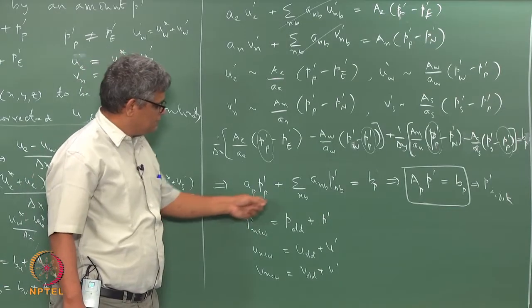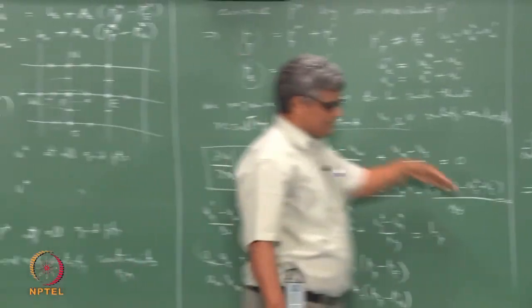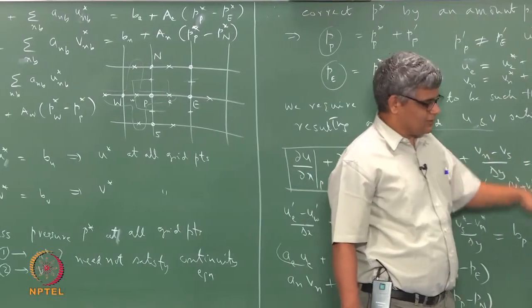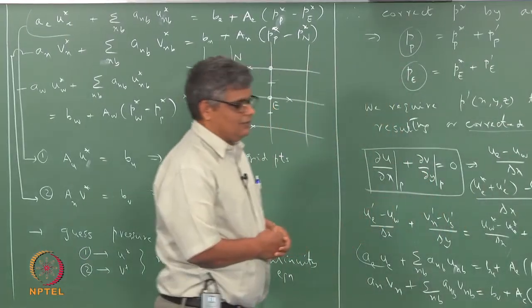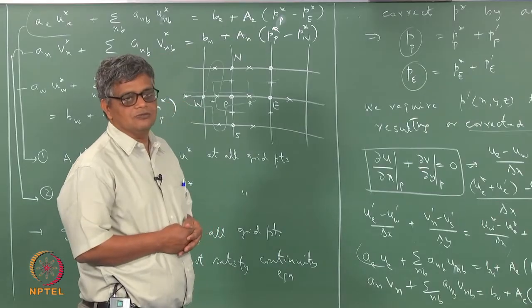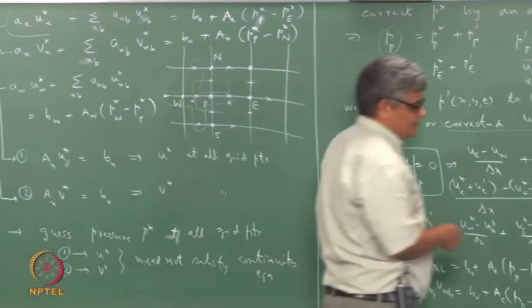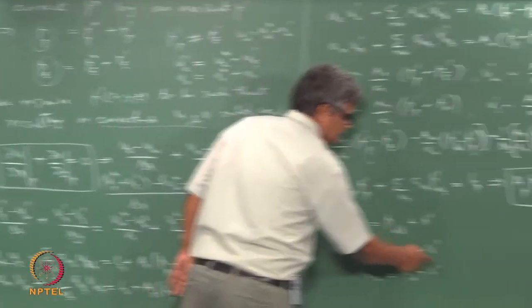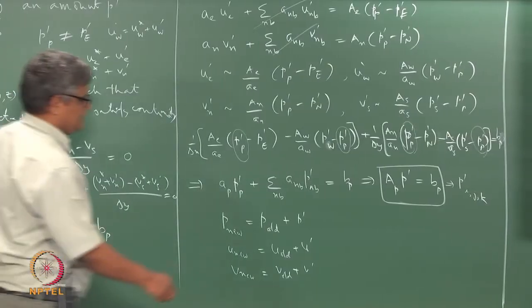But if you now put this back into this and then we redo this whole thing, get again new velocities and then new pressures and new velocities and new pressure. If we do sufficient number of times, then we will hopefully get a converged solution, and progressively the pressure corrections and velocity corrections will decrease, and progressively we find that BP here